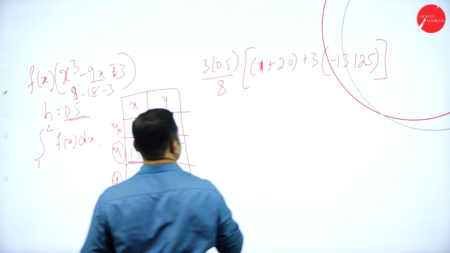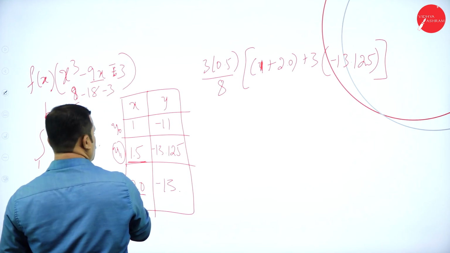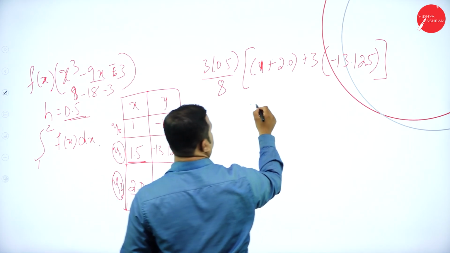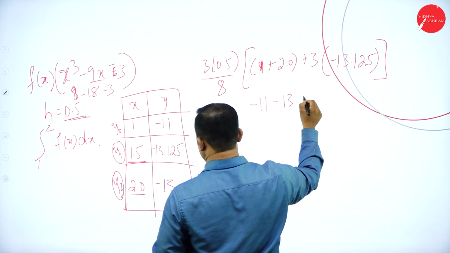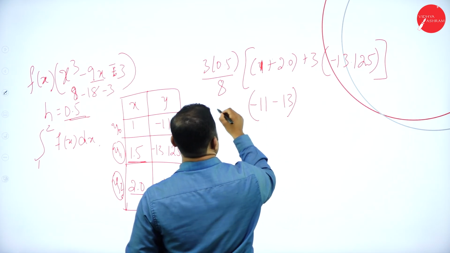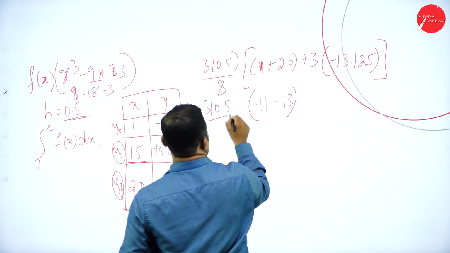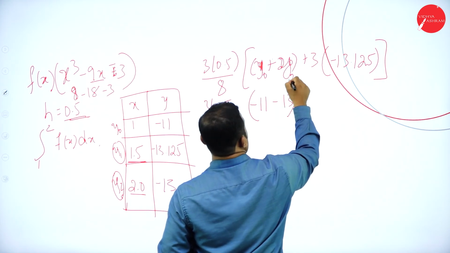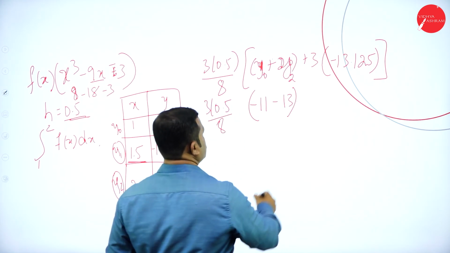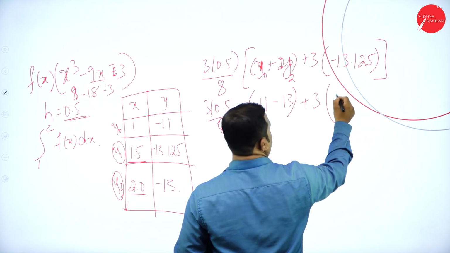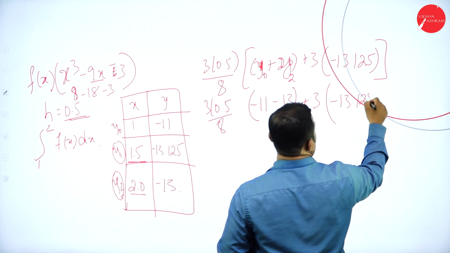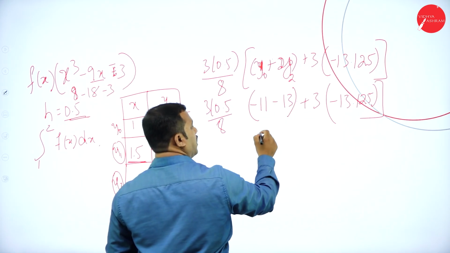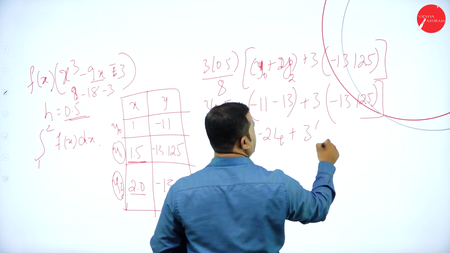What is the value of this? Y0 is minus 11, y2 is minus 13. So we have minus 11 minus 13, into 3 into 0.5 divided by 8. This is y0, this is y2. So we have these terms now. This is equal to minus 13.125. If I further simplify these terms, minus 11 minus 13 is equal to minus 24, plus 3 times this term,